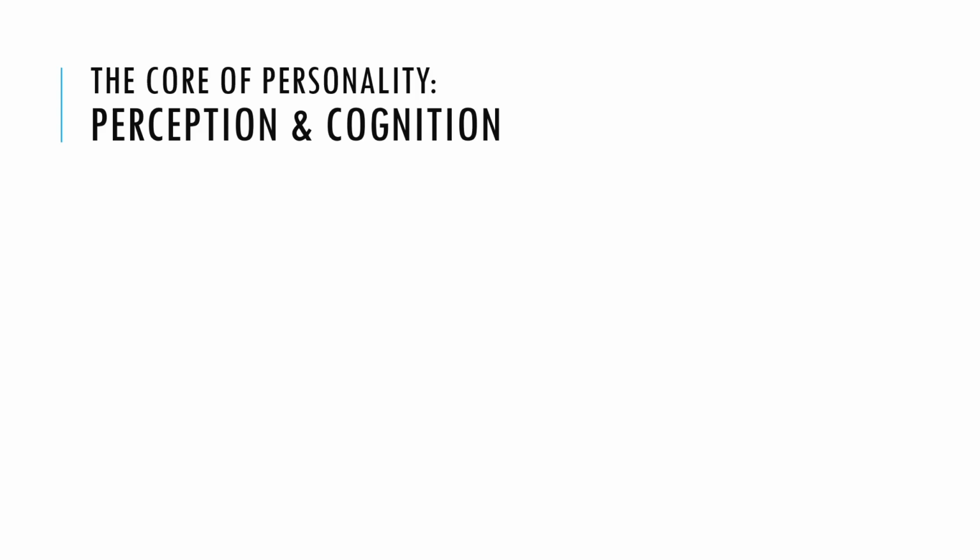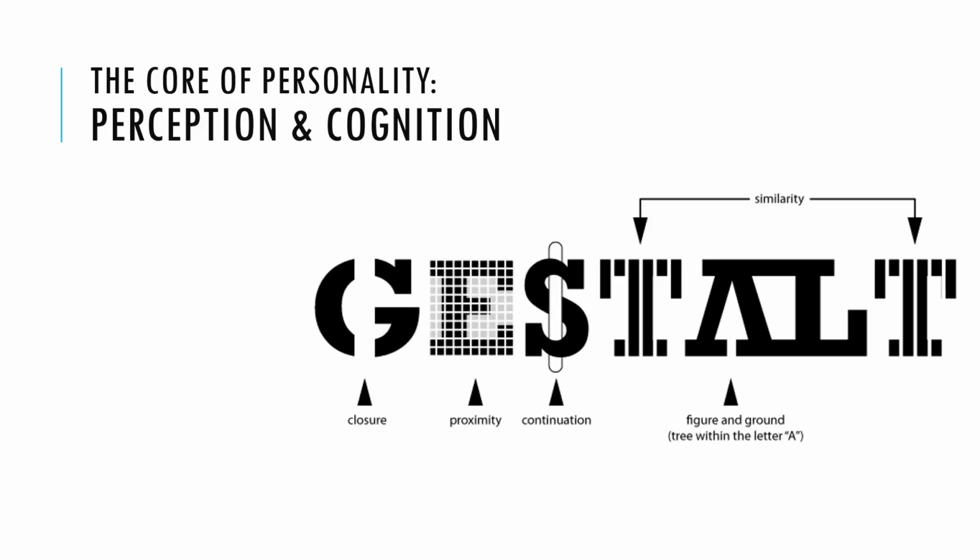First off, we're going to start off talking about one aspect of our personality, what might be thought of as a core aspect, which is how we perceive things. It's important to remind you of something hopefully you learned in your introductory psychology class, which is that perception is how you make sense of the information collected by your sensory organs. Here we're looking at a visual stimulus that is being collected by your eyes as the sensory organ, and then it's up to your brain to make sense of what your eyes are collecting.